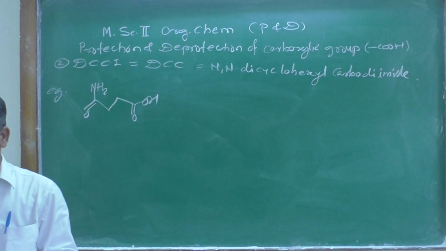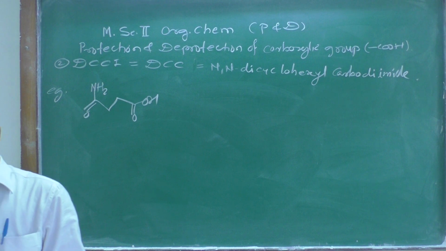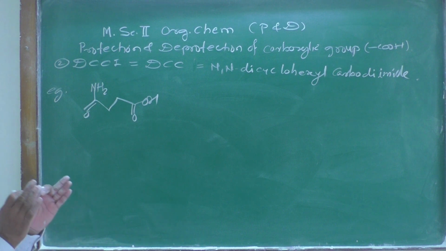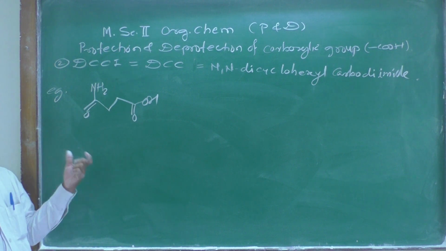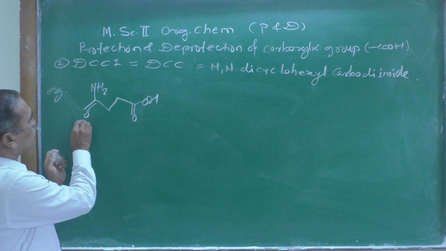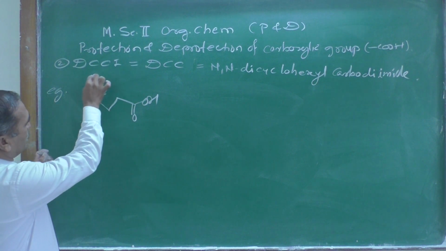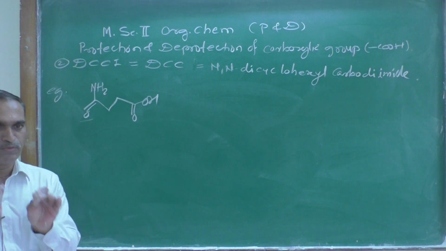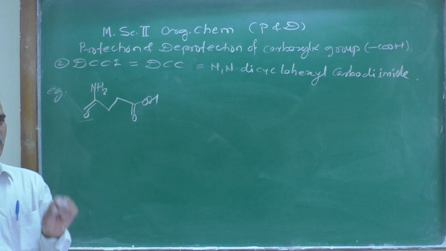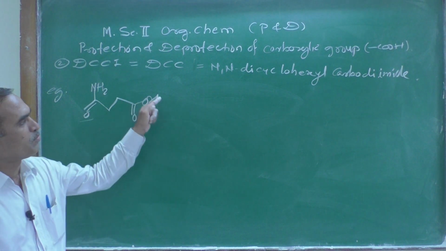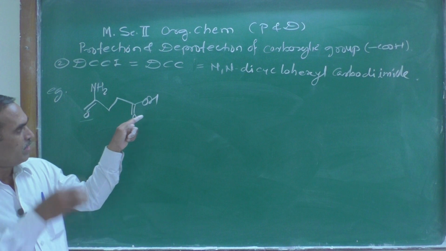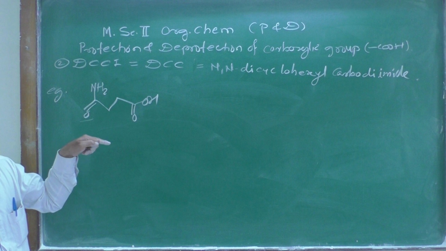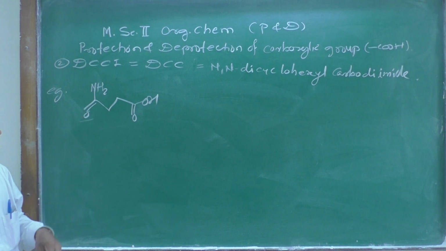If you look at this structure carefully, there are two functional groups. One is an amide functional group and the second is an acid functional group. If you compare the reactivity between these two, the acid group is more reactive and the amide group is less reactive, and therefore we suppose